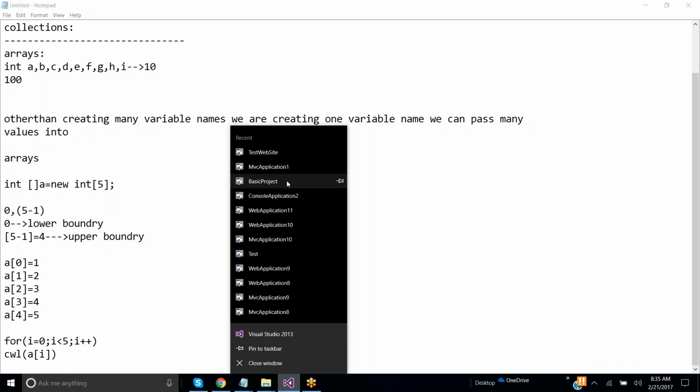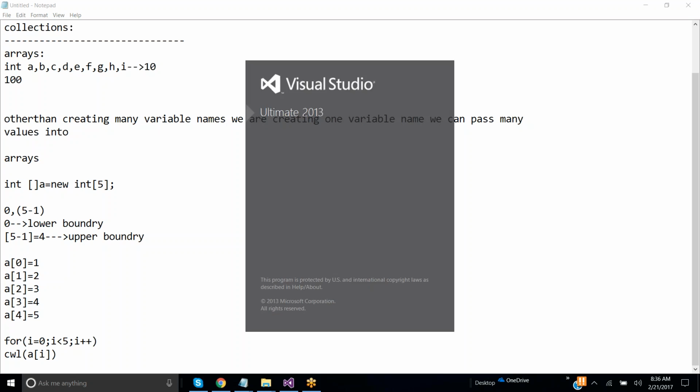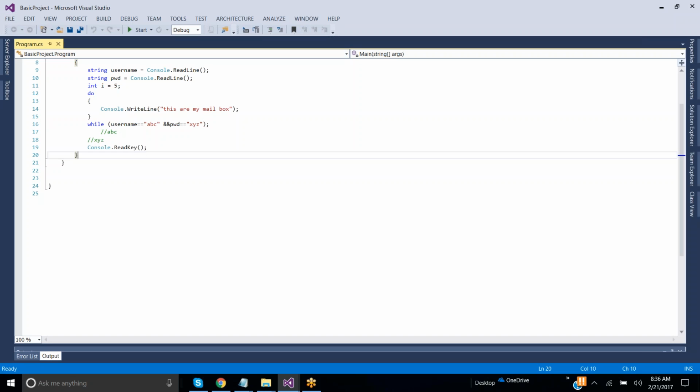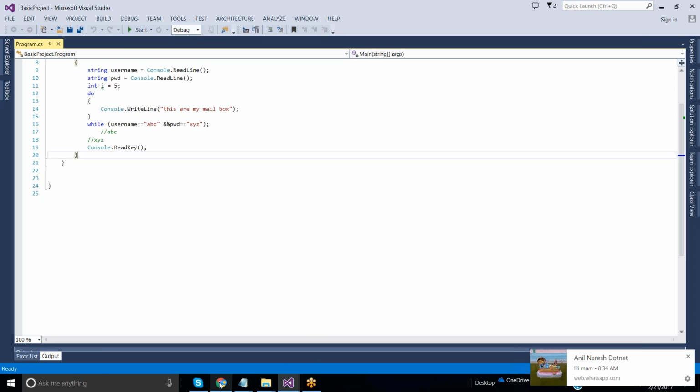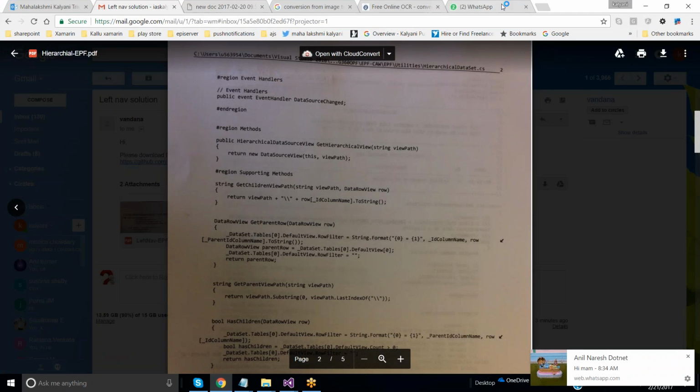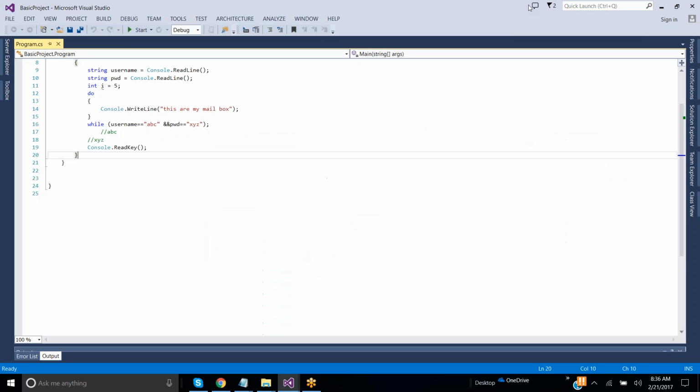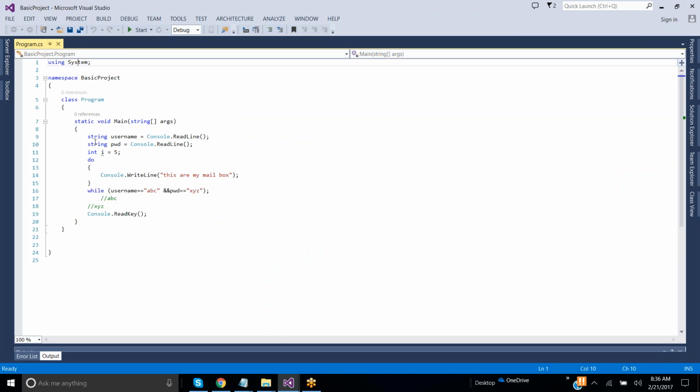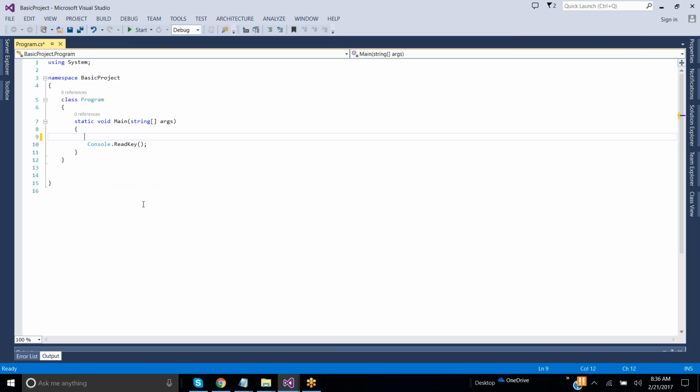Shall we see the example of it? Sure. Yeah. I have created a basic project for you people for this class. Now listen, all of you. I'm just opening this, and here I'm taking int of a is equal to new int of 5.